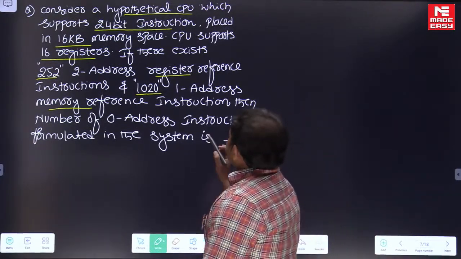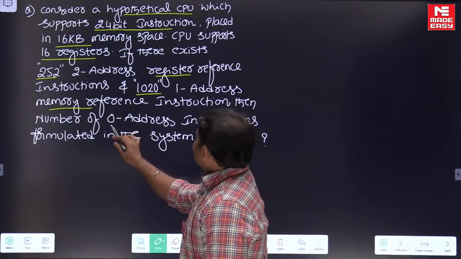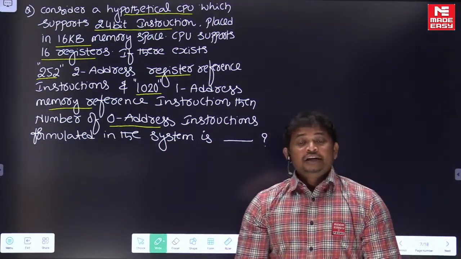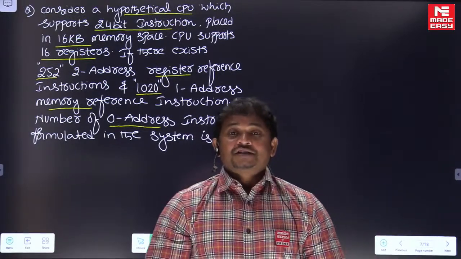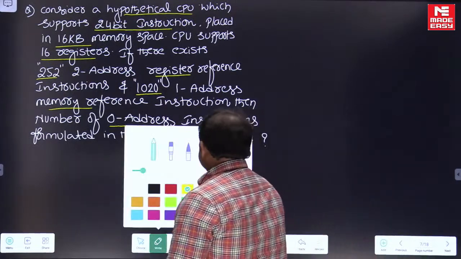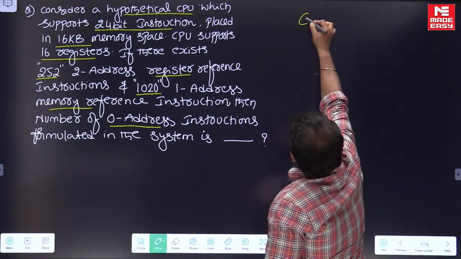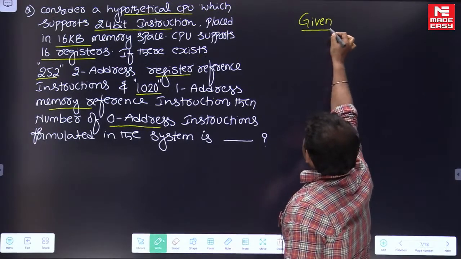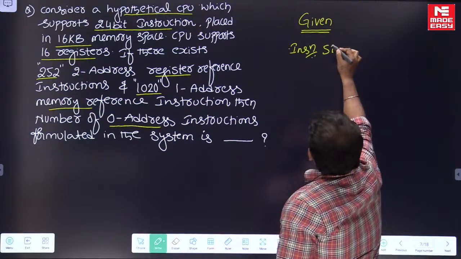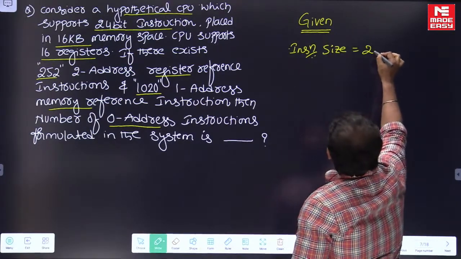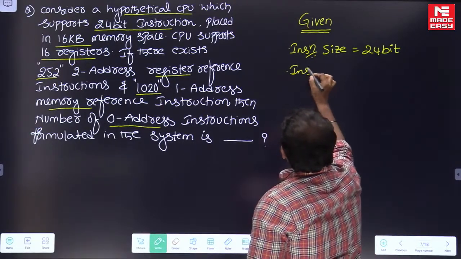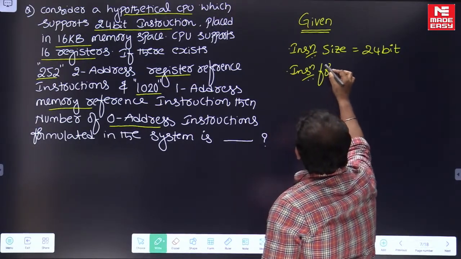Then the number of zero-address instructions formulated in the system is? We need to find out the zero-address instructions in the system. The given information: the instruction size is 24 bits. The instruction formats in the computer are